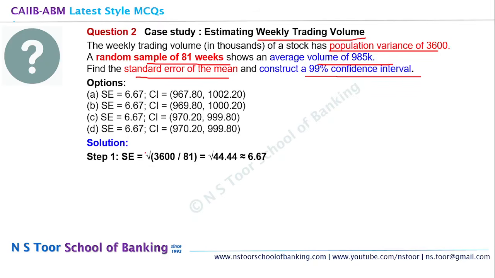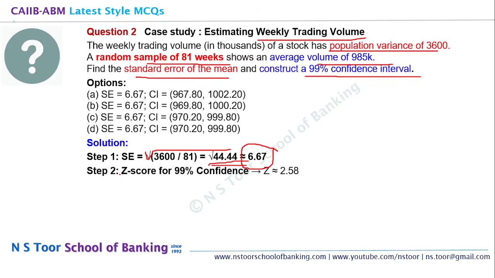Standard error is equal to square root of population variance divided by the number of weeks, that is the sample, that is n. So what is this? 3600 divided by 81. So this calculation comes to square root of 44.44 because this is coming in square root only. So square root of 3600 divided by 81 is equal to 44.44. So final answer is 6.67, or you can say that the square of 6.67 is